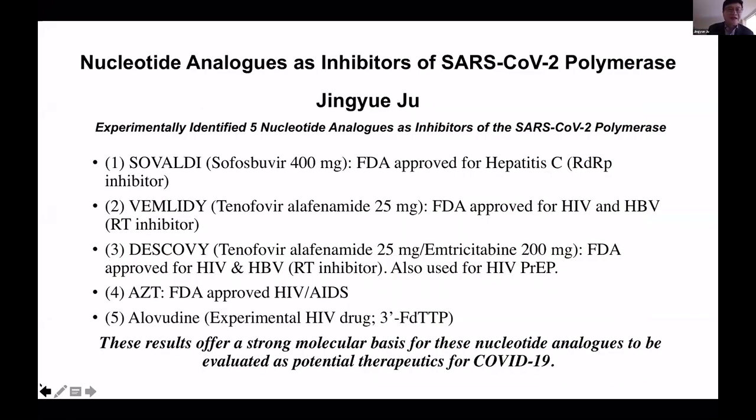Thanks, Andrew. So I'd like to give a quick report of latest progress on evaluating these nucleotide analogues and inhibitors